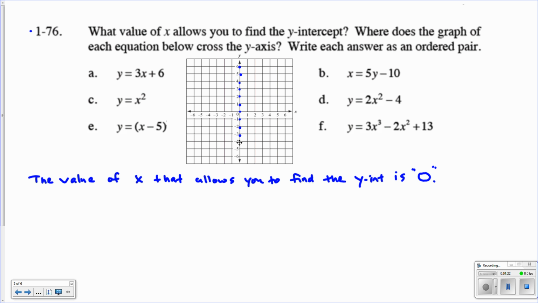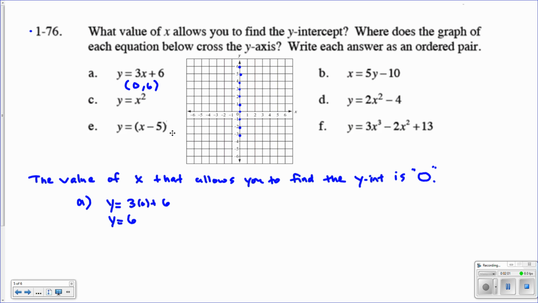Just think about every one of those points on this line has the same x-coordinate. So let's look at A. If I want to figure out where this one crosses, a lot of you can probably just look at the slope-intercept form and know that the y-intercept here is going to be 6. But if you're not sure about that, go ahead and plug in 0 for x. You could say y equals 3 times 0 plus 6. Well, 3 times 0 is 0, and when you add 6 to 0, you get y equals 6. So the ordered pair would be the point 0,